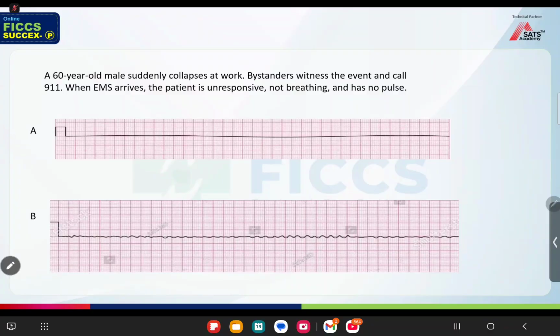But how is your management going to change here? What is the most important thing you are going to change after seeing this ECG? Ma'am, in A, asystole, there are chances that we cannot achieve ROSC, but in B, the cardiac electrical activity is still present. So, Urvi, there are two kinds of rhythm in